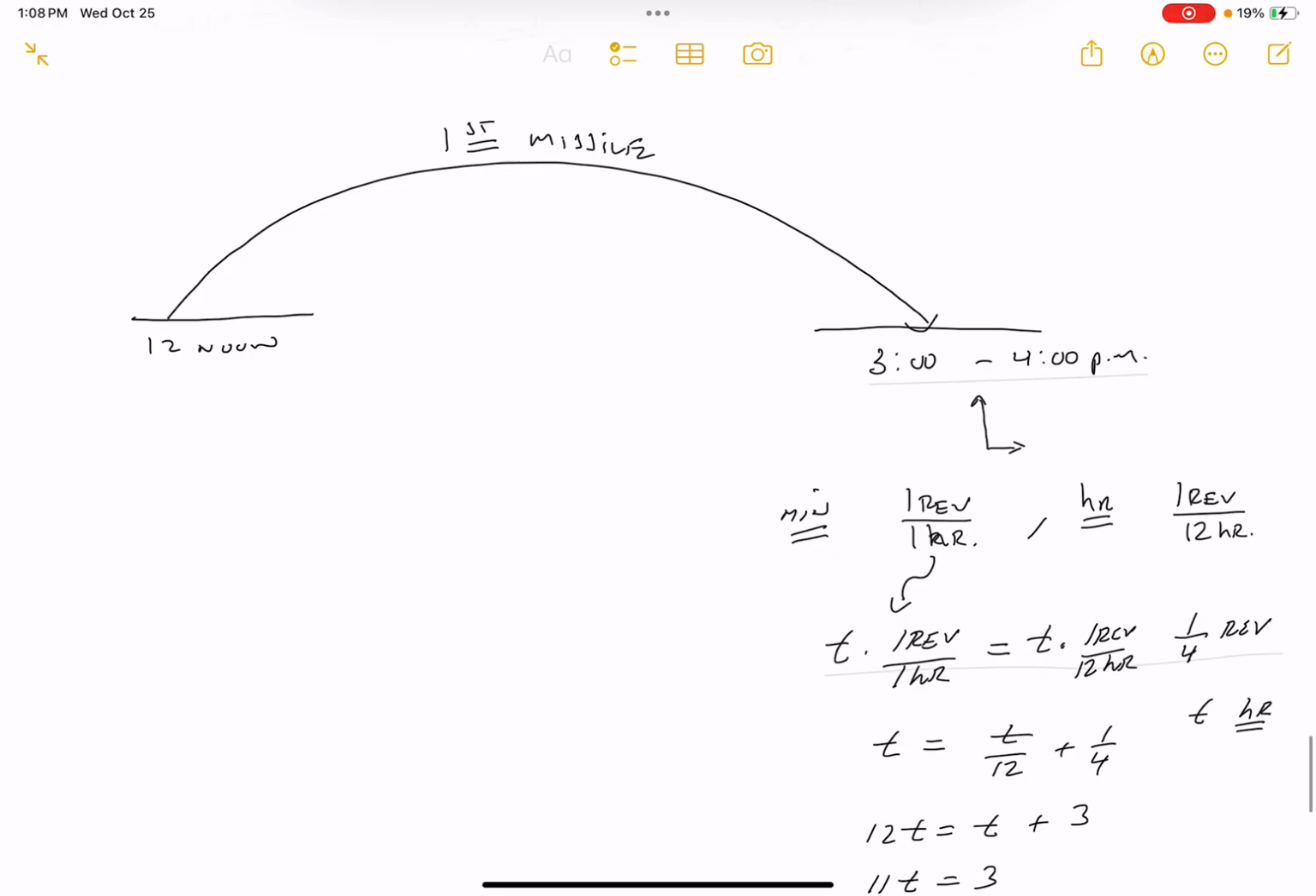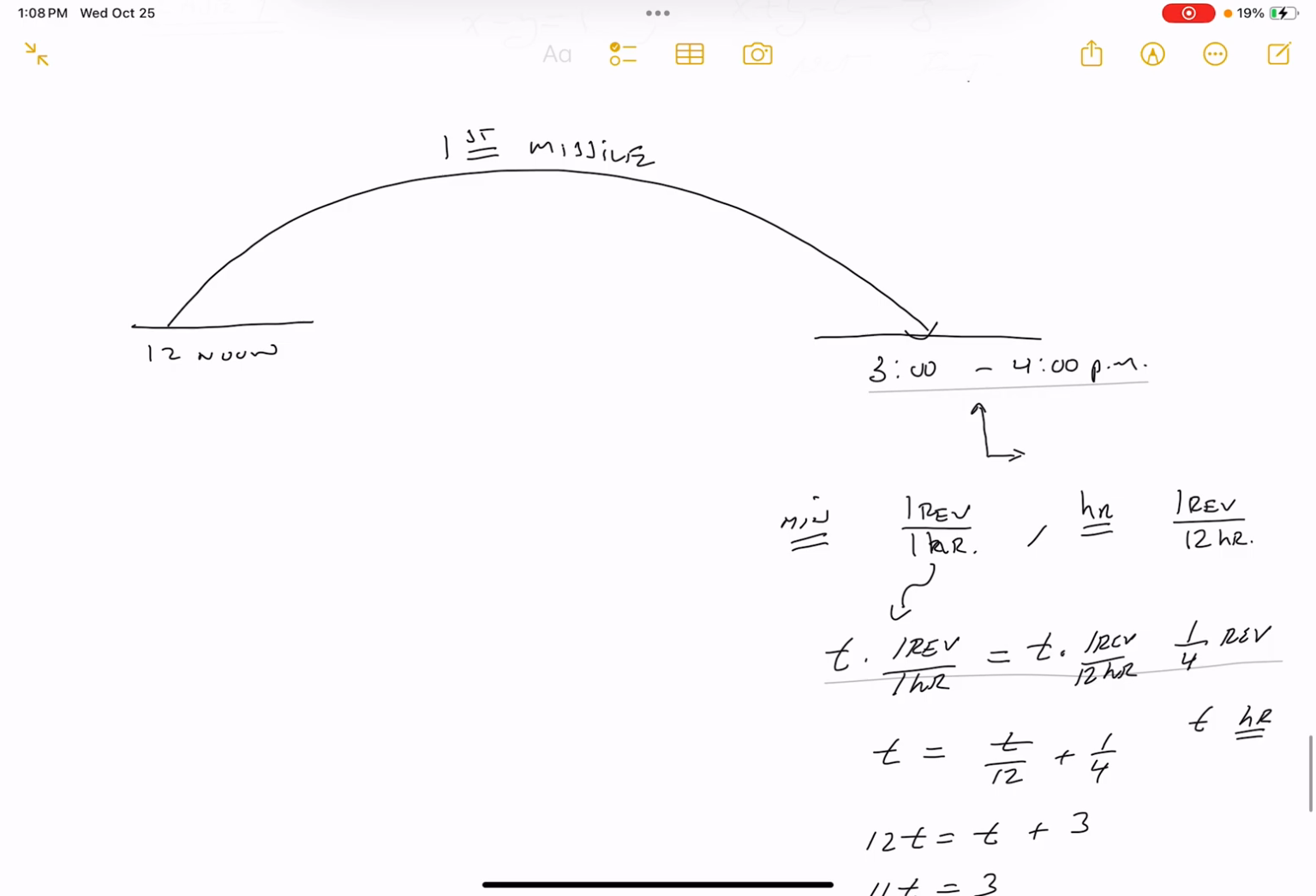It's 3 hours and 3/11. So I'll put this over 3 and 3/11 of an hour. That's its flight time. Now you can convert this to minutes and seconds if you want, but I'm going to say 3 and 3/11 of an hour. Let's look at the other missile. The other missile,